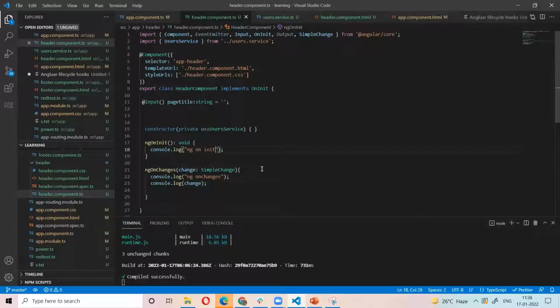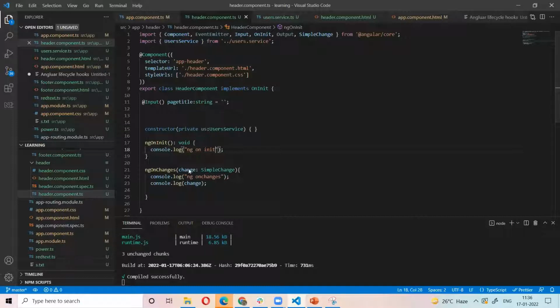So if any changes happen, the ngOnChanges lifecycle hook will trigger. At the same time, the first time the application is loaded, when we initialize the component class, ngOnInit will be called.